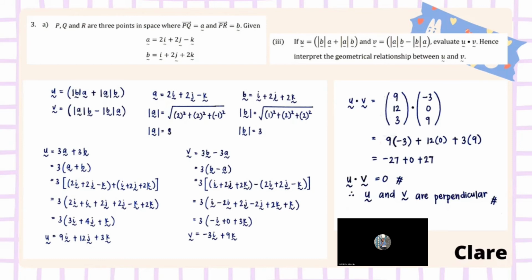So based on the properties, if scalar product is equal to 0, the geometrical relationship between vector u and v is vector u and vector v are perpendicular to each other, where the theta value is equal to 90 degree. So now I will pass to the last question. Thank you.